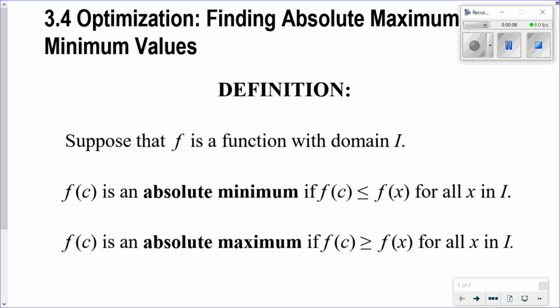Okay, today we're going to talk about finding absolute max and min values. We'll start with, obviously, something is an absolute minimum if it is the smallest y value in that whole interval. If it is the biggest y value, it is the absolute max. Sometimes we won't have absolute maxes or mins, but what we're going to focus on today